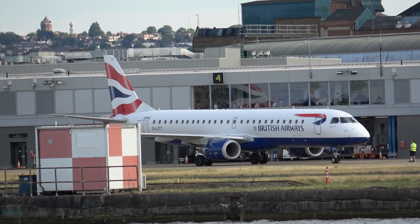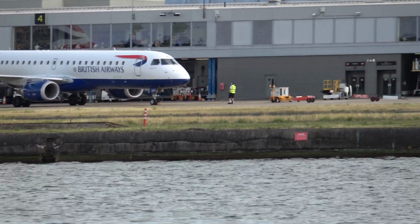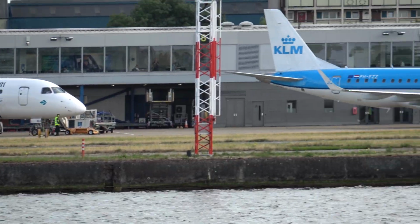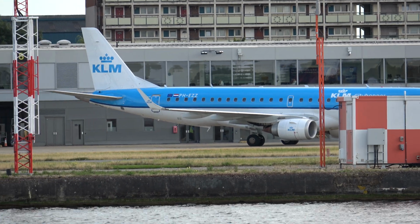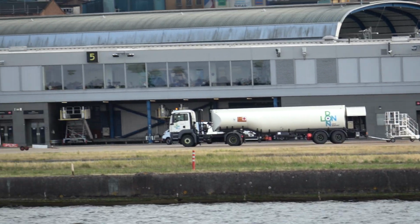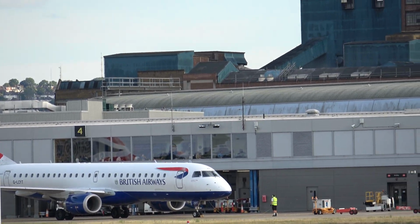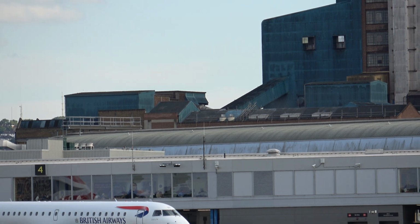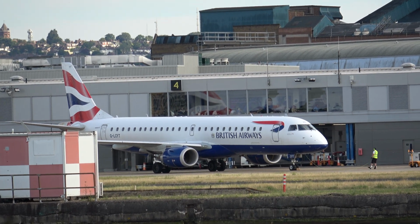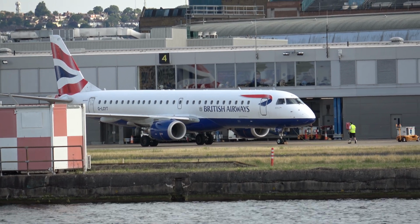There's two planes ready to go. One's the British Airways and one's the KLM. That KLM, this one, I can hear her engines revving up. So I think British Airways is going to go first. Maybe not. Whoops. So this is why you need the tripod. If I take my eyes off the screen,